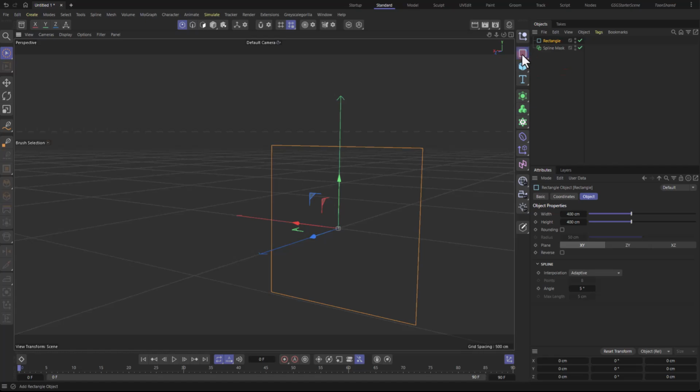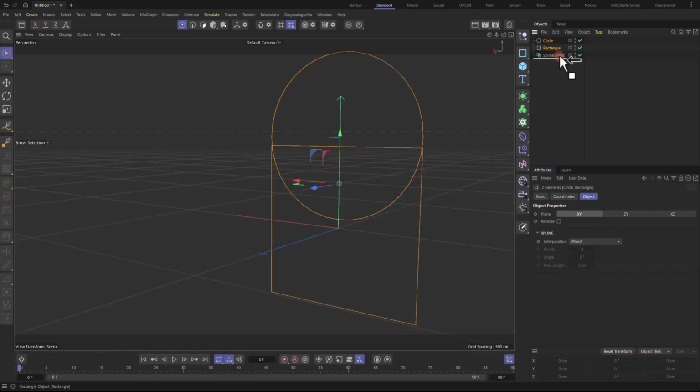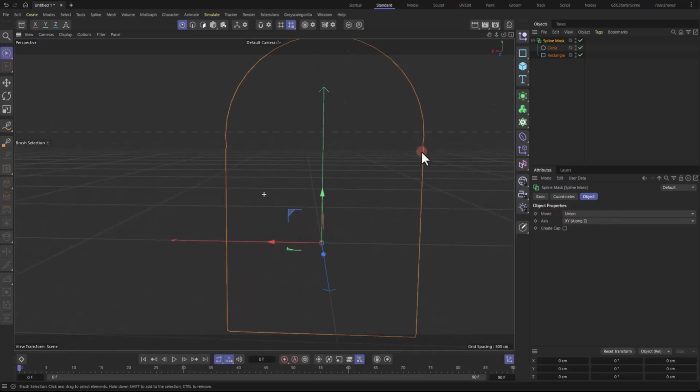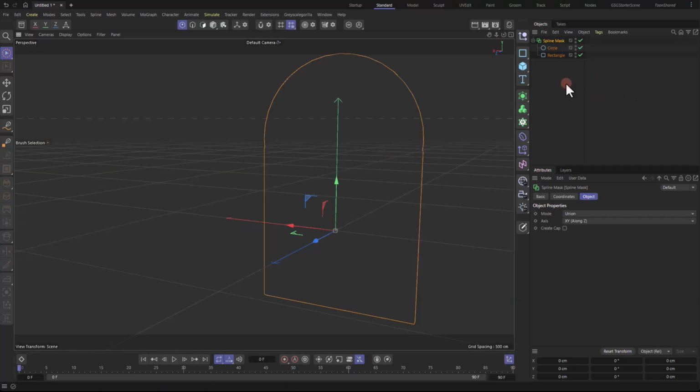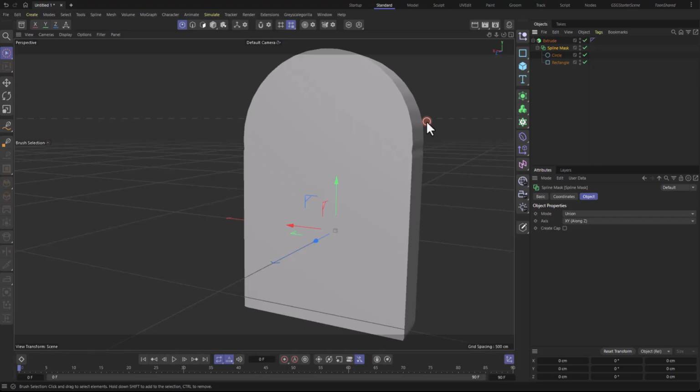So if I take out a rectangle and then a circle, bring the circle up and make both of them children of the spline mask. Because my spline mask is set to union, it will combine this into one spline, which would be really useful because then I can go into my extrude, make my spline mask a child of the extrude, and now I